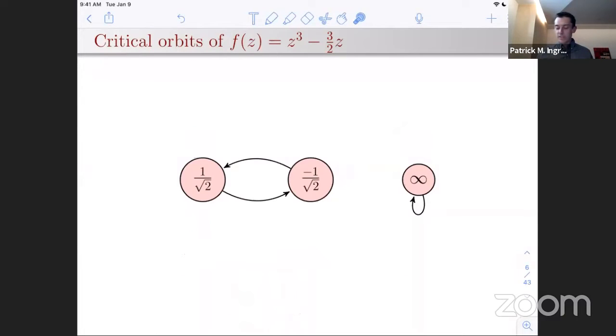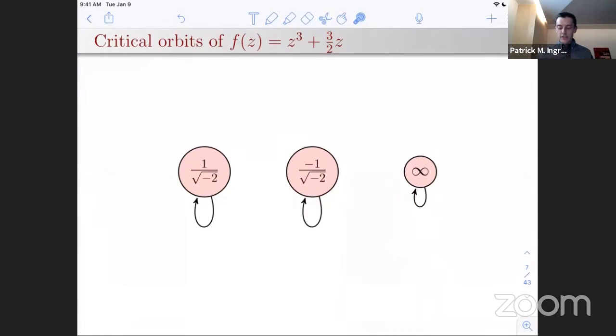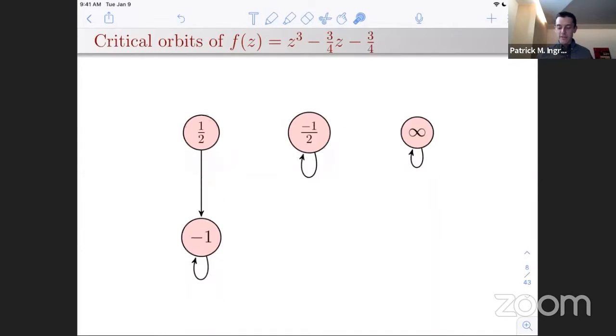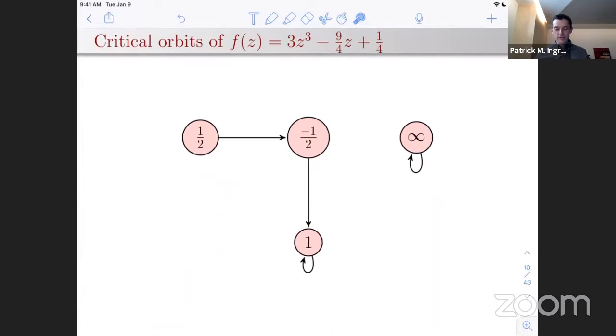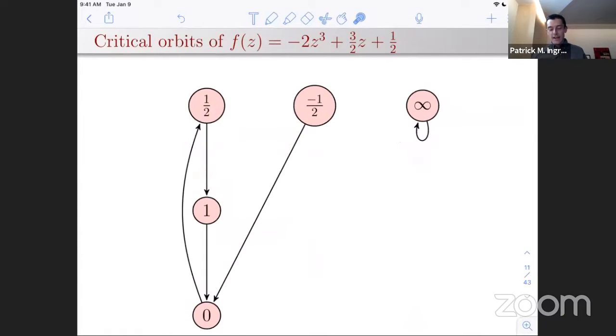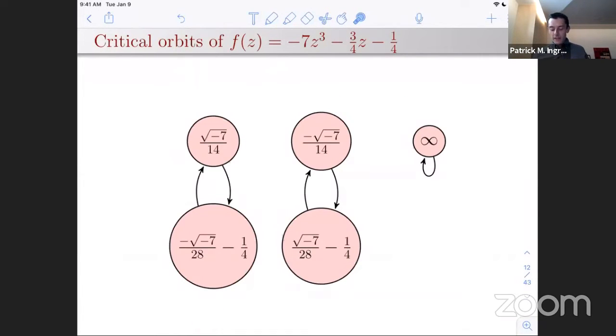And I just have a bunch of examples here to show you. All of these examples happen to be cubic polynomials, and they happen to all have rational coefficients. In part, this is just because I tried to write down every example I could think of of a cubic polynomial with rational coefficients which is post-critically finite. And the point is just to convince you that there are some of these things. So here's an example. Now these bubbles start to get really big, because LaTeX is having trouble fitting these things in here.